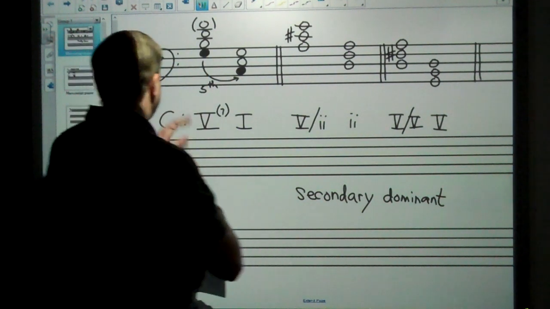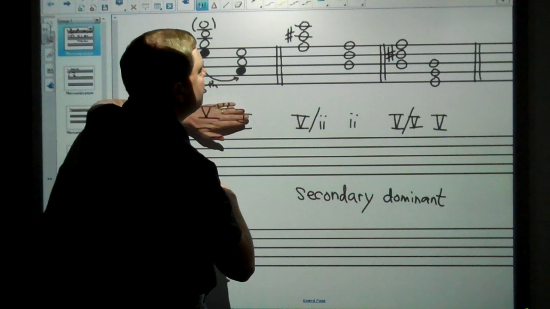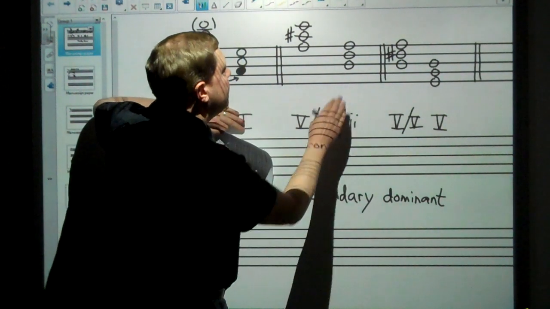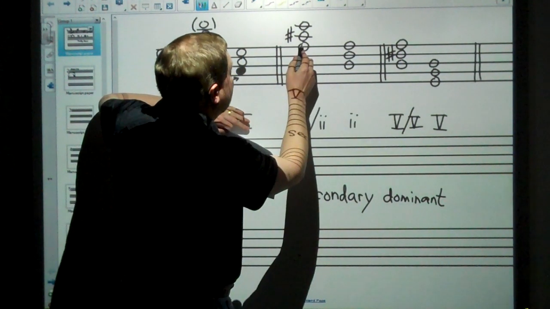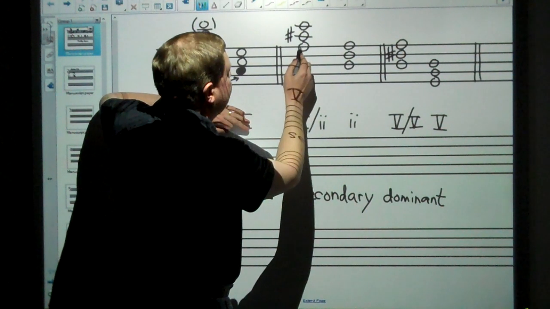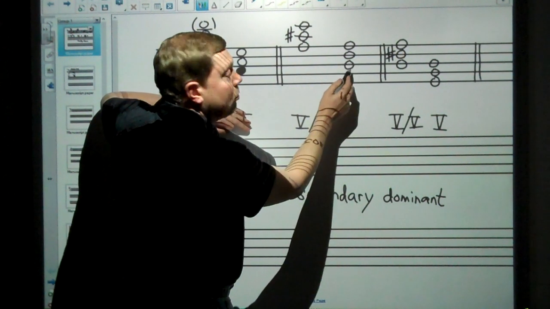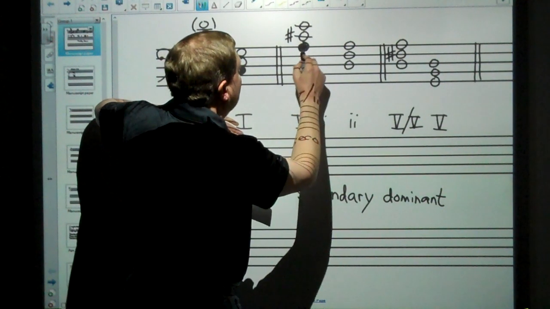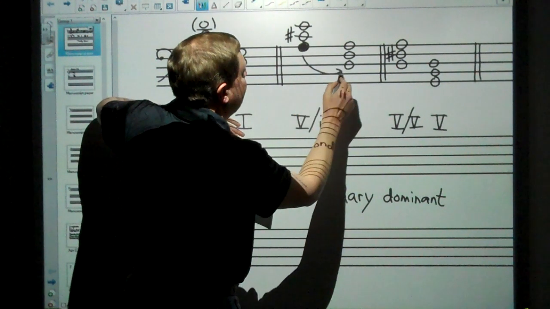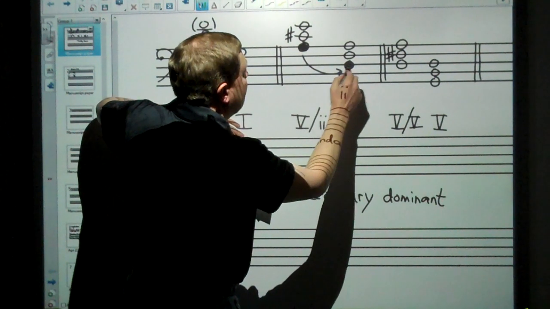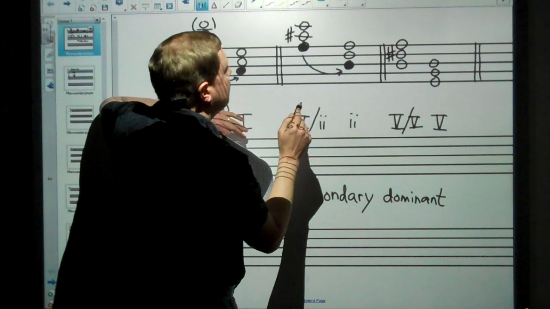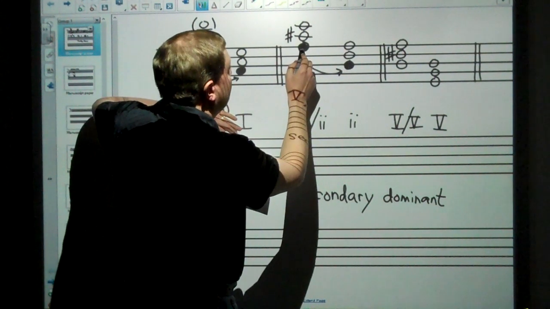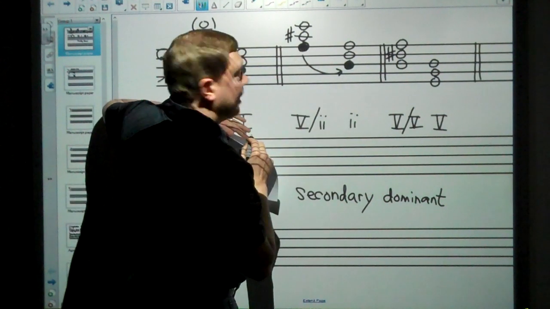In other words, if I was not in the key of C major and I was in the key of D minor, I could analyze these 2 chords as 5 in D minor going to 1 in D minor. And you see how the root of this chord here falls a fifth to the root of this chord here. Again, if I was in D minor, the root of this chord would fall a fifth to get to the